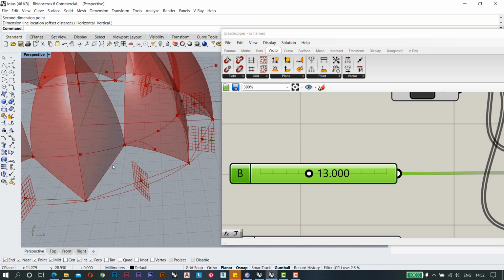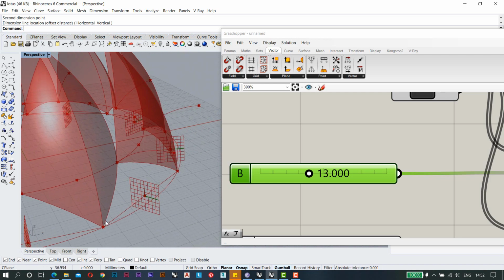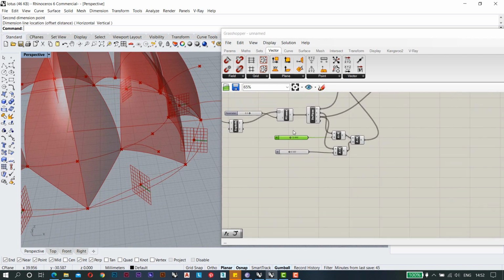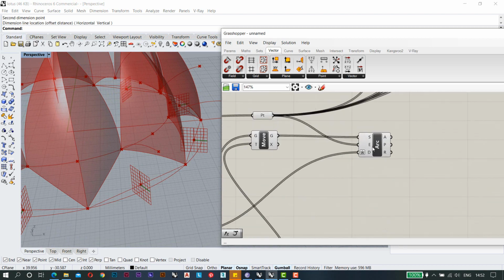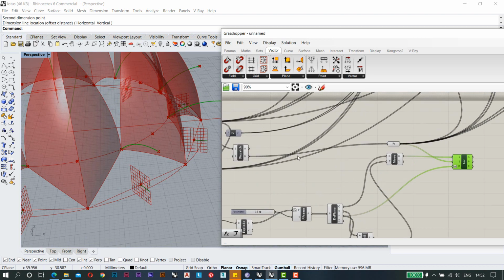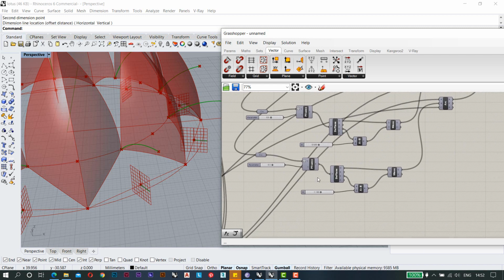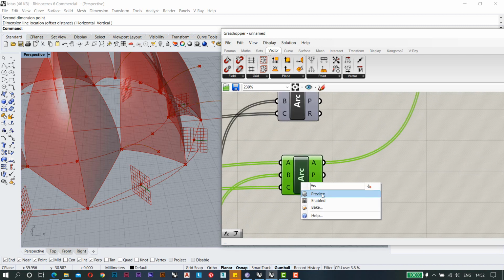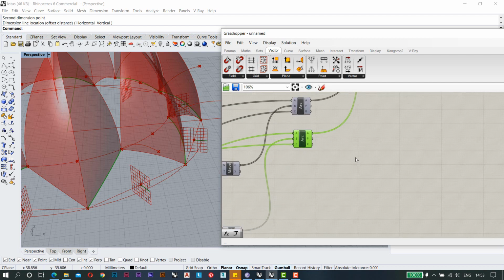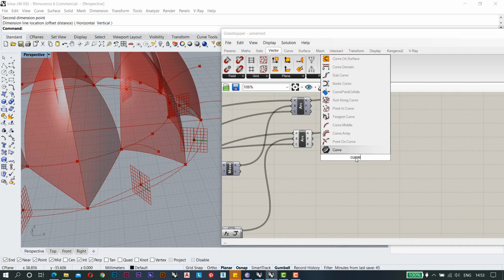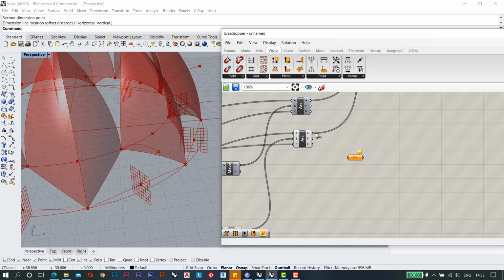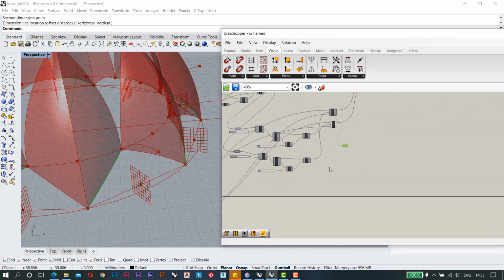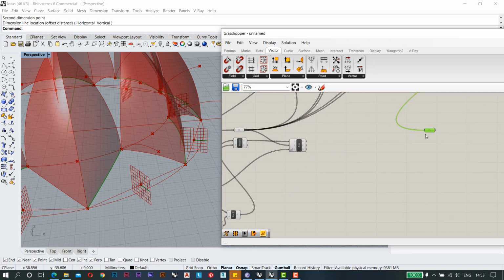Now we have this curve and this curve. Now we need this curve. For making this curve, right now we have this arc and the previous arc which was there, so this one. I'm just taking it as a curve so that it is clear for us that this is the first arc and this is the second arc that we have. Now we need the third arc.